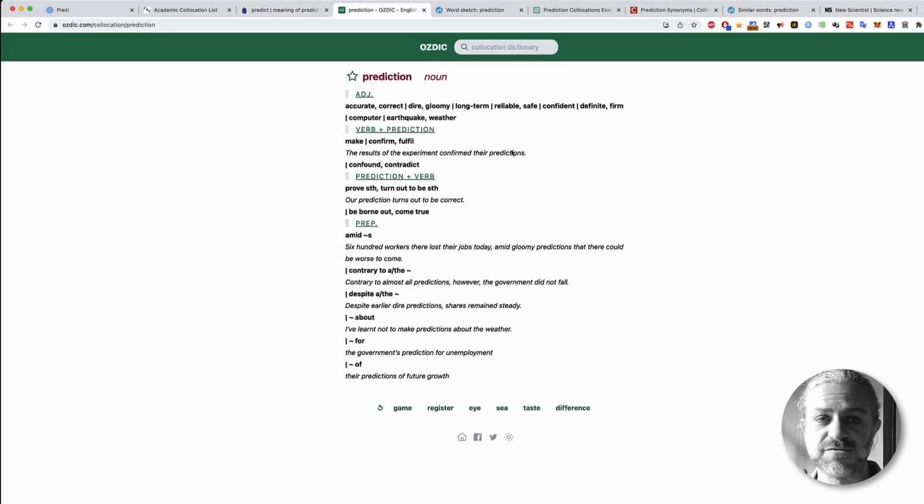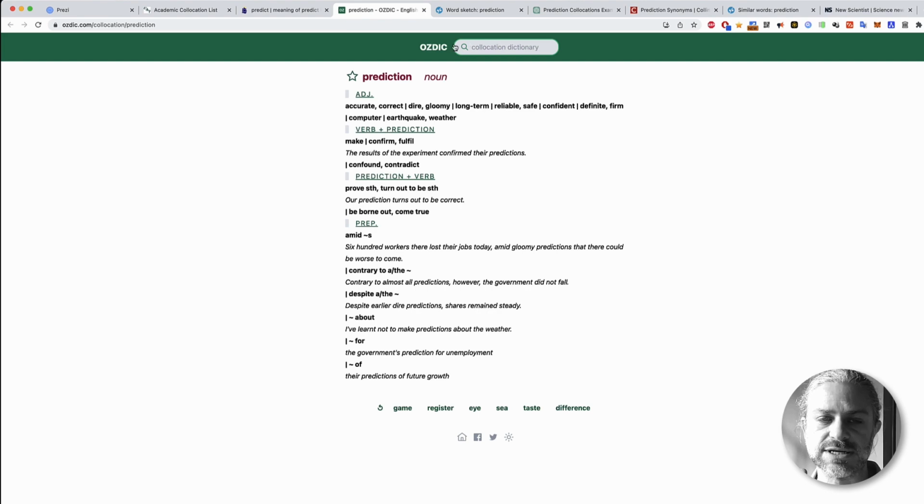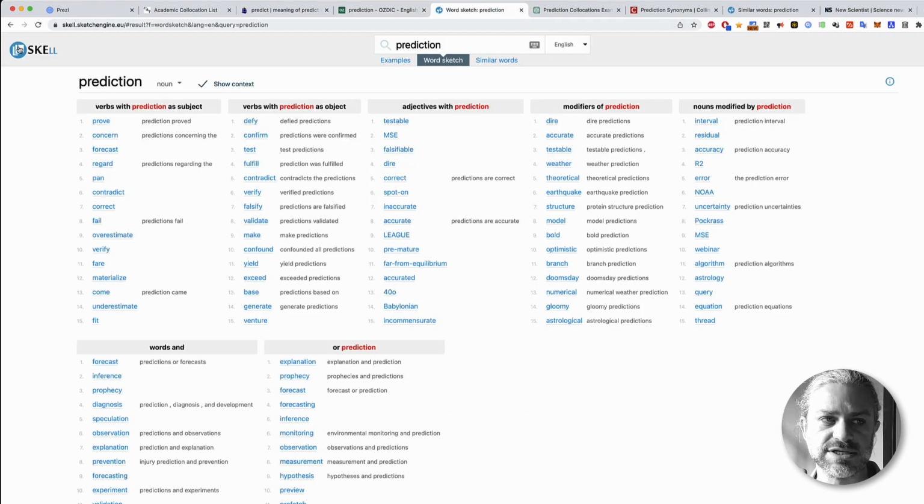The other one I often encourage you to use is OSDIC, which is the dedicated collocations dictionary. And there you've got the noun, and you can see all the adjectives that come with the noun. So accurate prediction, correct prediction, and prediction turned out to be something, turned out to be correct or incorrect. Okay. The other one, if it doesn't appear here, so the OSDIC doesn't have all the words, whereas SCEL, sketch engine, here it is, quite a long one,